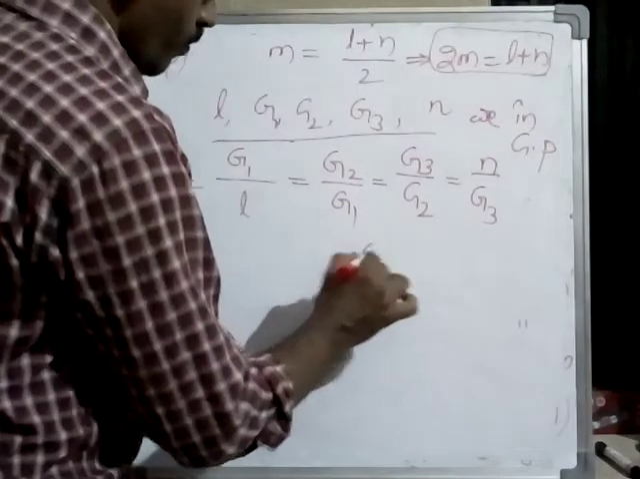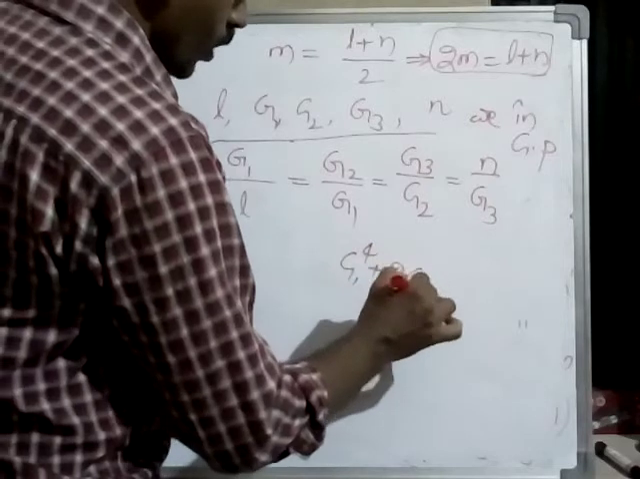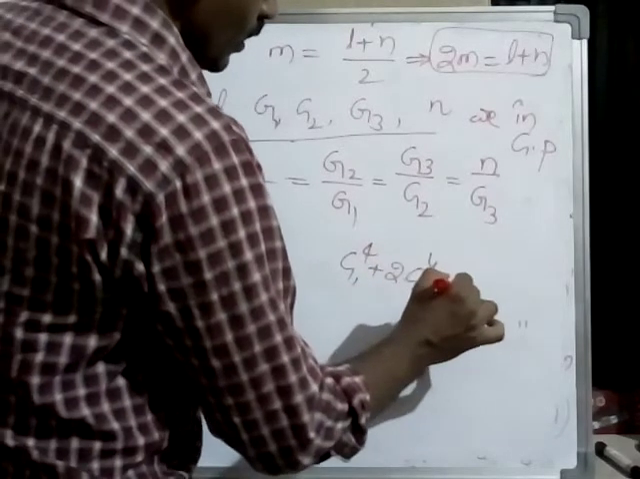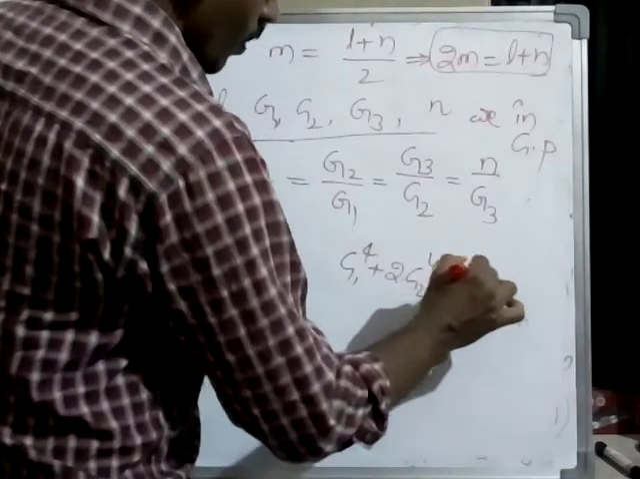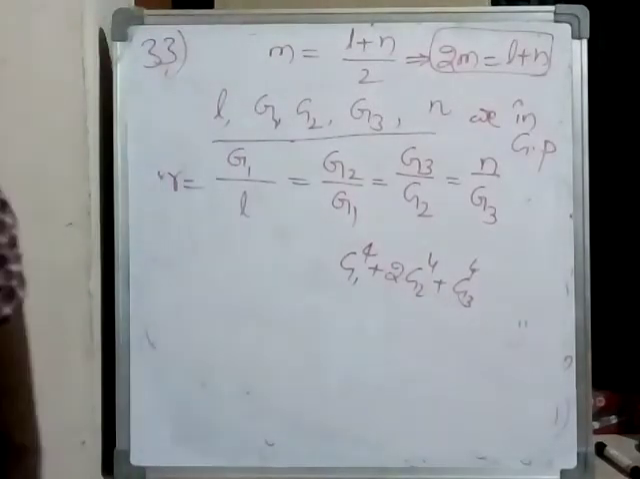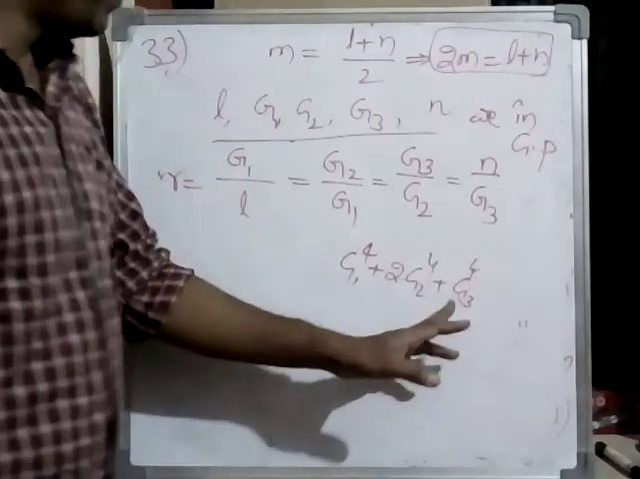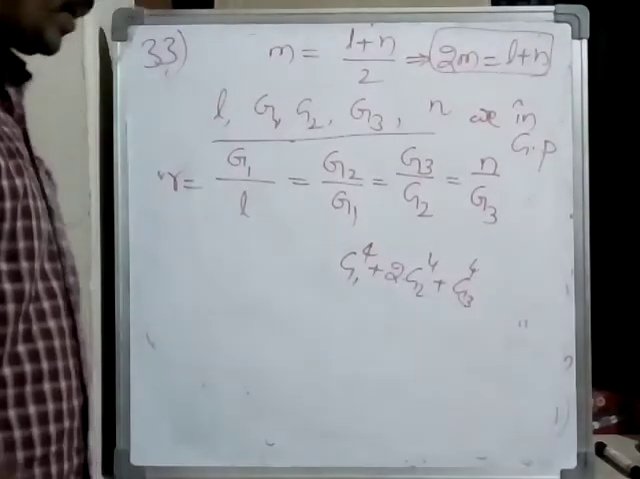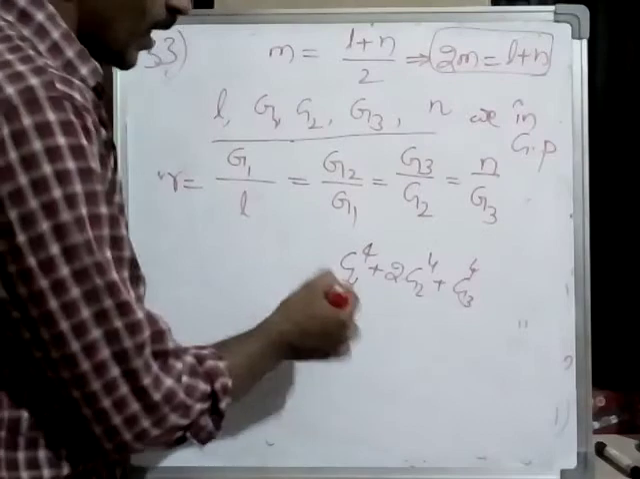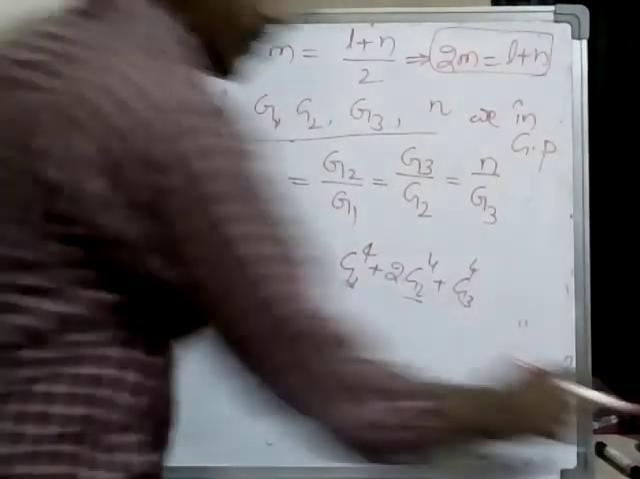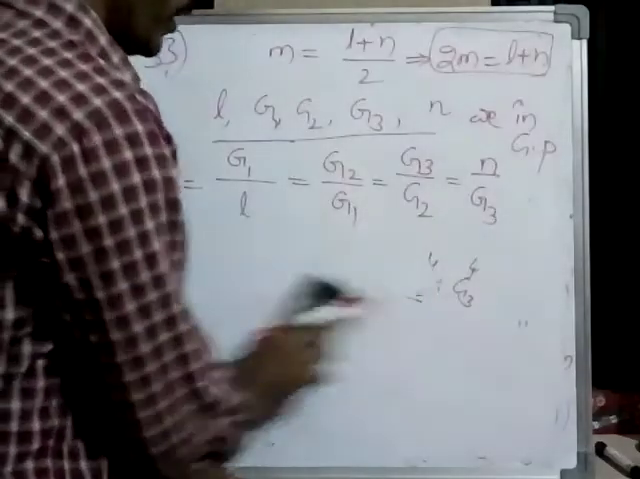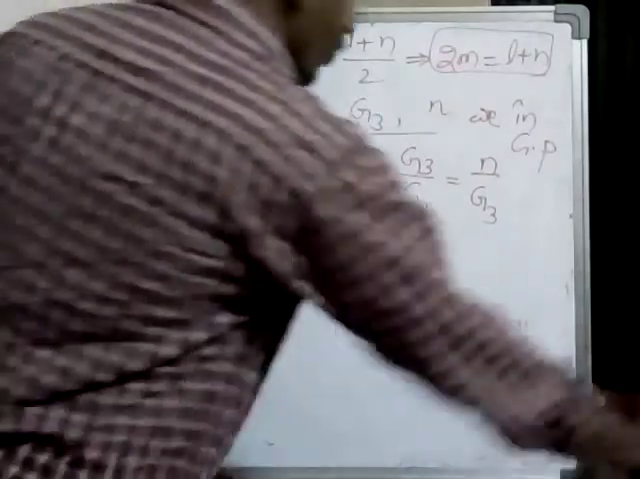Now what is being asked? G1 to the power of 4 plus 2 into G2 to the power of 4 plus G3 to the power of 4. That means we want G1, G2 and G3. So from this one,